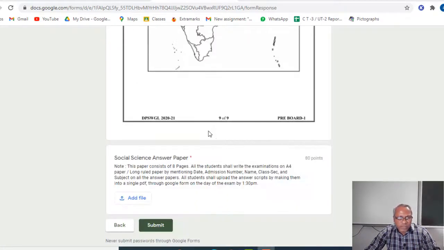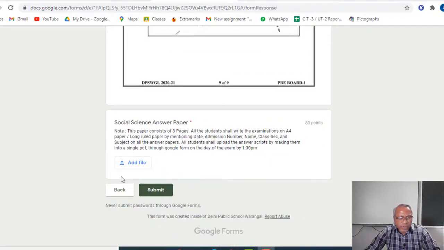And on this page I can show you, you can see that add file is given here towards the bottom of this page, so they could add that PDF file where all the paper photographs are. That is the answer sheets given by them.